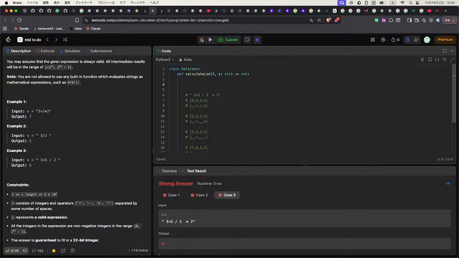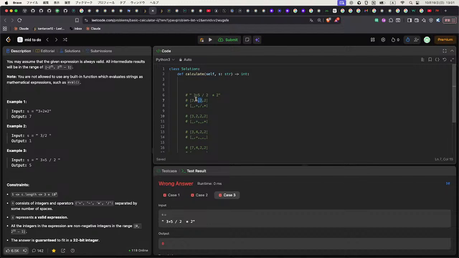The information we have to keep track of is the index, the previous value for each remaining numbers and operators. For example, in this case,